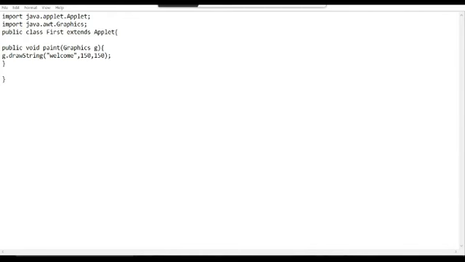So here this is my applet program. The name of the Java file is first, that I have already mentioned, and here it extends the Applet class, right? And within that class extending Applet, I have written public void paint, and within this I have passed an argument Graphics g. Then I have simply written welcome, then comma, then x coordinate, then y coordinate.